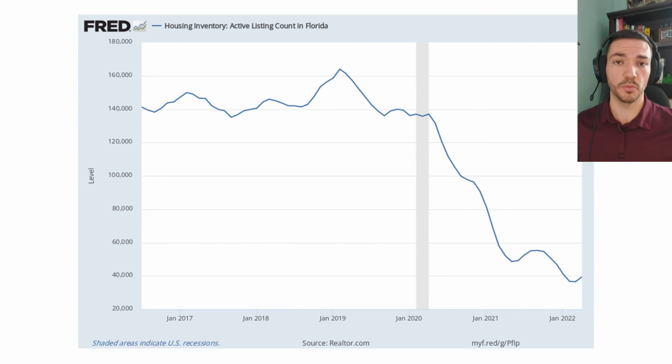As inventory continues to stay low, if the Fed continues to hold the policy to be less supportive and interest rates either stay flat with where they're at or they continue, God forbid, to go even higher, then that's going to continue to diminish the housing affordability index, which means that housing is going to become increasingly more unaffordable unless we get a massive amount of supply back on, which is going to bring down median pricing and make up for the rise in rates. Housing affordability is going to continue to diminish, and we are going to continue to have a situation with unaffordable housing moving forward.